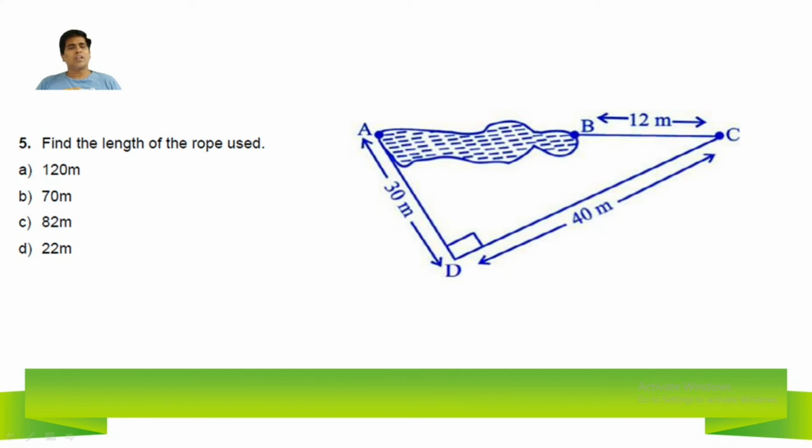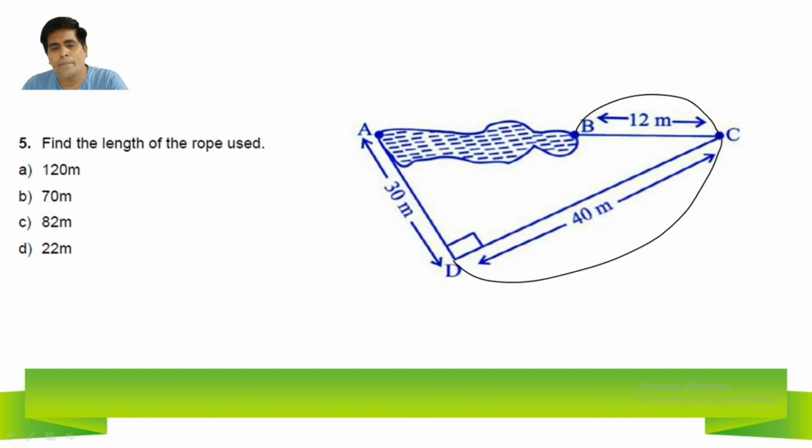What is the length of the rope? He is not asking for the total perimeter of the right angle triangle. Wherever he has used the rope, he is asking what that total length is. So from B to C, he has used the rope. From C to D is also he has used the rope. And from A to D is also he has used the rope. So the length of the rope is equal to